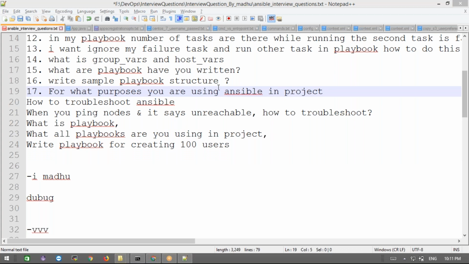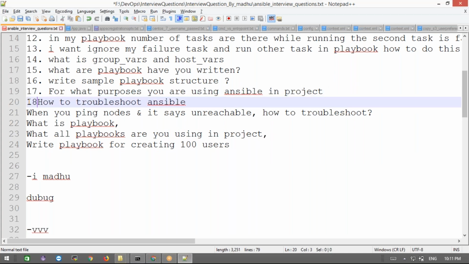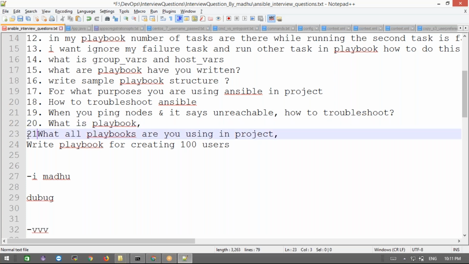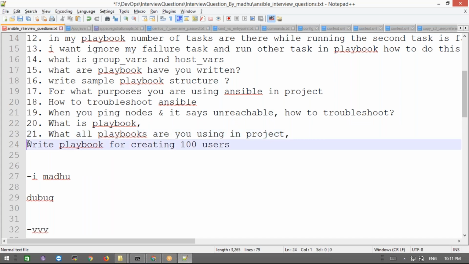Like this is for what is Ansible and which purpose is this, both are the same. Okay, now the 18th question is how to troubleshoot Ansible, in the normal way using the debug module, or else using the hyphen VVV. And when you ping the nodes, it will show a public key error or something. Based on that, we'll take action. And what is a playbook? Writing multiple tasks in one place for reusability purposes. What the playbooks are used for in the project, like Git installation, Maven, MySQL upgradation, ELK installation, Java installation, Docker installation, and so on. Whatever you say, that is correct also.